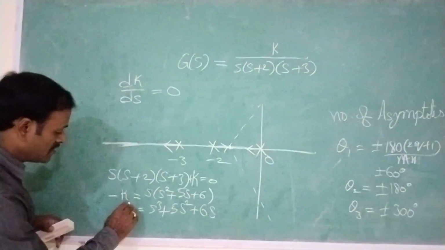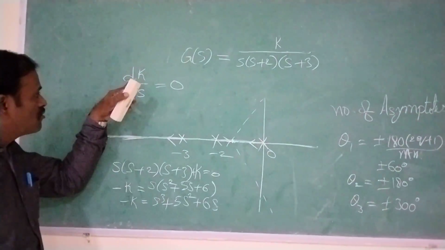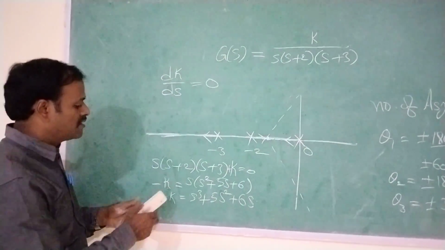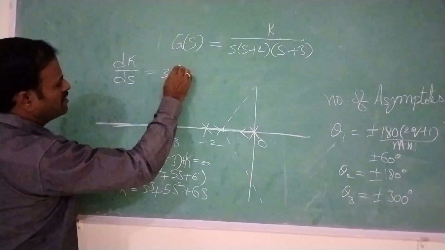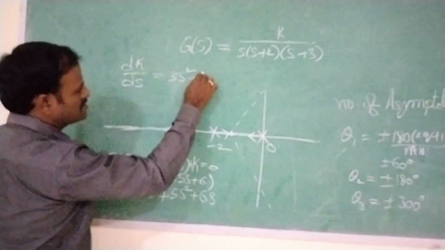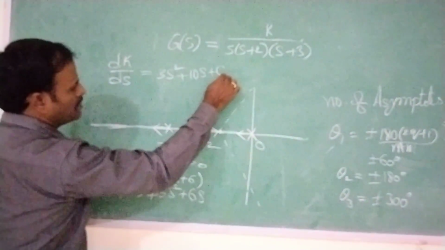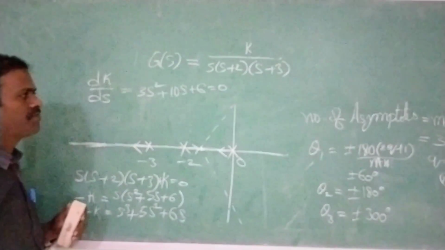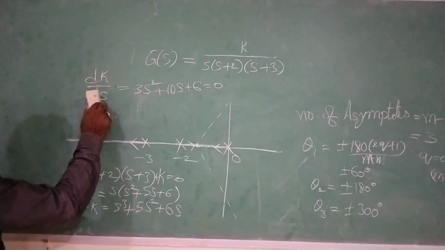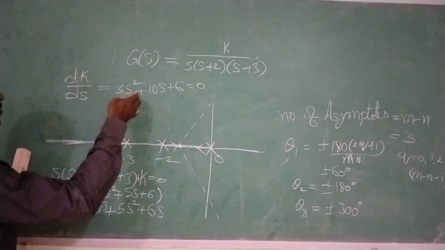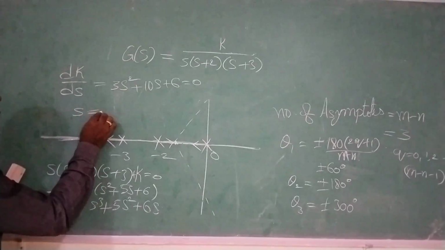This is minus k. I have to find dk by ds. Let me find the dk by ds, that is 3s square plus 10s plus 6 is equal to 0. From this, the s values are